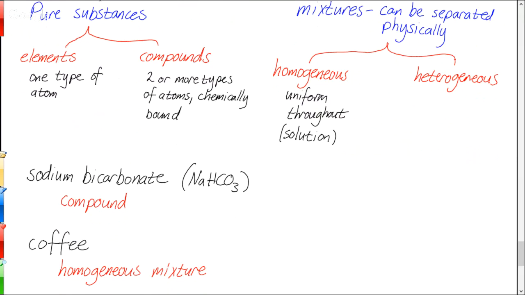All right, can somebody give me an example of another compound? Sodium chloride, sure. Yeah, salt, sodium chloride, NaCl, on its own would be a compound. If we dissolved it in some liquid like water, that's now a mixture. What are some other ways that we can separate mixtures besides evaporation?